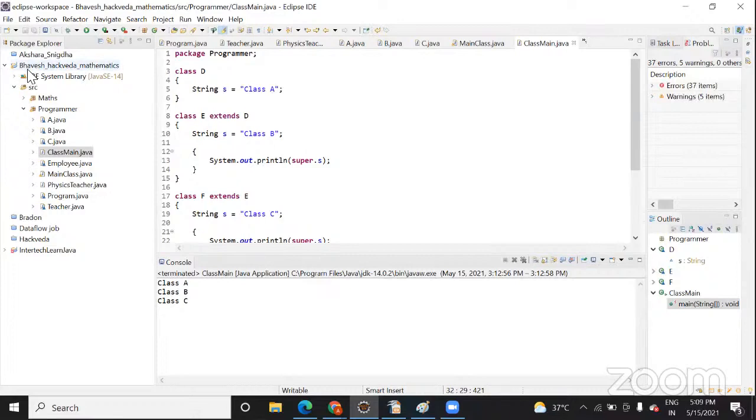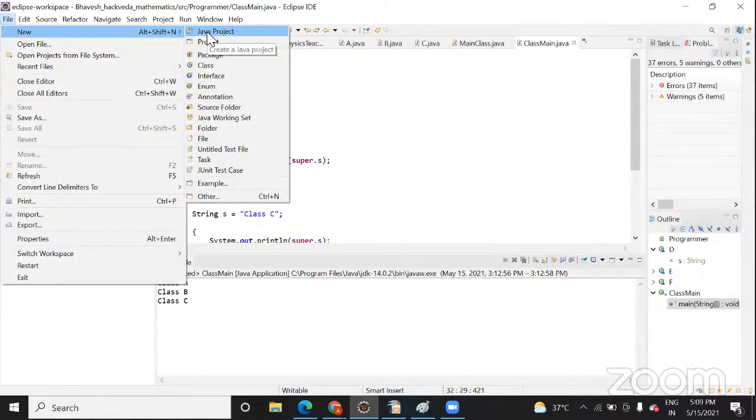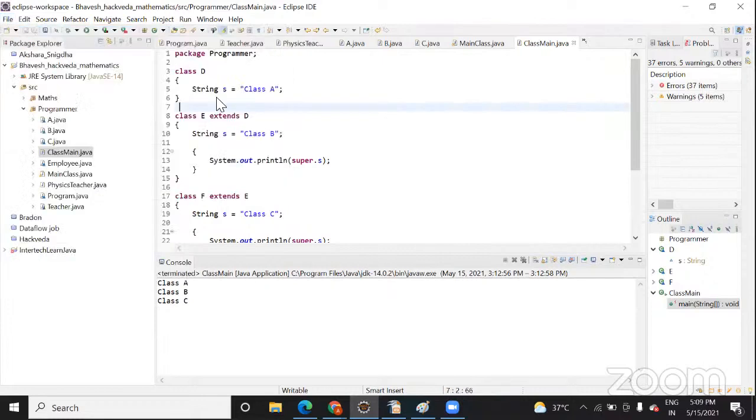Inside this, I have created this project, right? How you do it is, you select this Java project. Inside this Java project, you can create multiple packages. Inside these multiple packages, you can have multiple classes. So you can think one package is for login code, another package is for registration code.